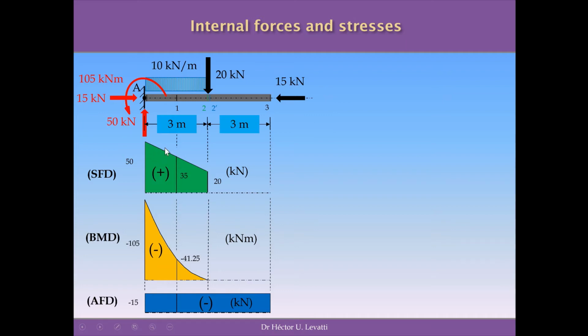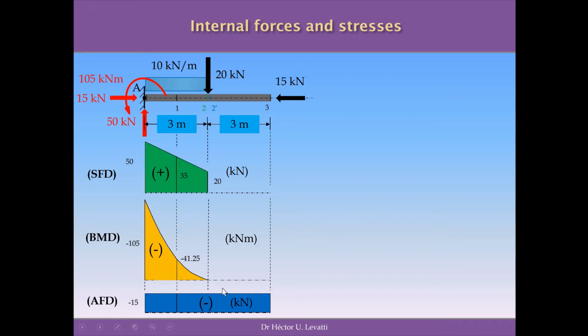So we have the values of every single cross section in terms of shear forces because we have the shear force diagram. The same thing happened with the bending moment diagram, but the bending moment diagram has a parabolic distribution, as you know, because we have an UDL, and under a UDL we have a parabolic distribution of bending moments. The maximum is 105, is negative, and is located in this cross section in here